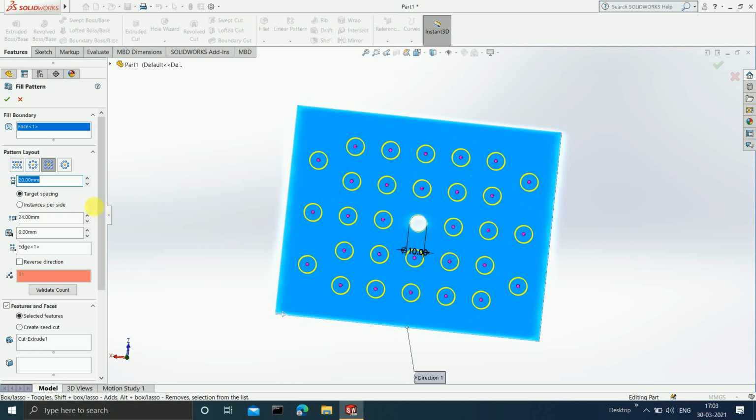Okay, now after this there is instance spacing. What is instance spacing? You know, it is the distance between two particular instances. See, this is my first instance, and beside this there is another instance. Suppose I increase the distance between both of them, then they will move away from each other, and if I decrease the distance, then they will come closer to each other. Suppose I make it 20, you will observe that they will come closer to each other. Can you observe? Since they have come closer to each other,